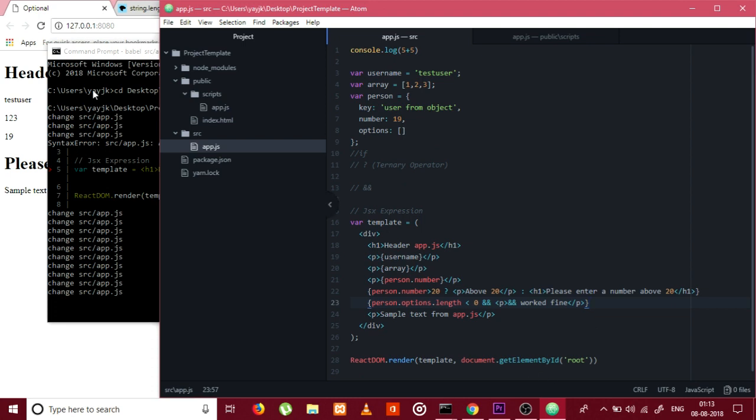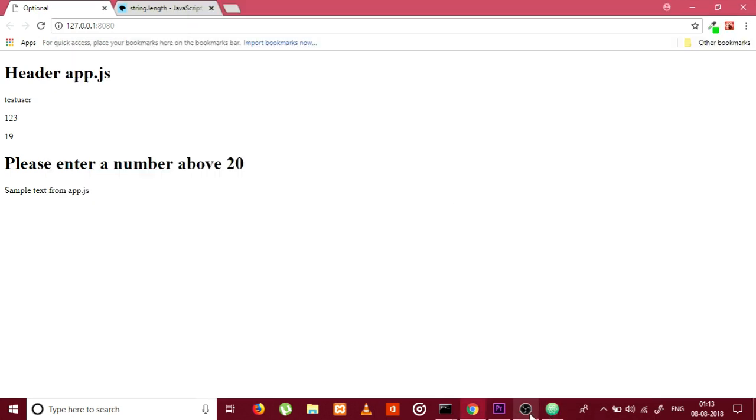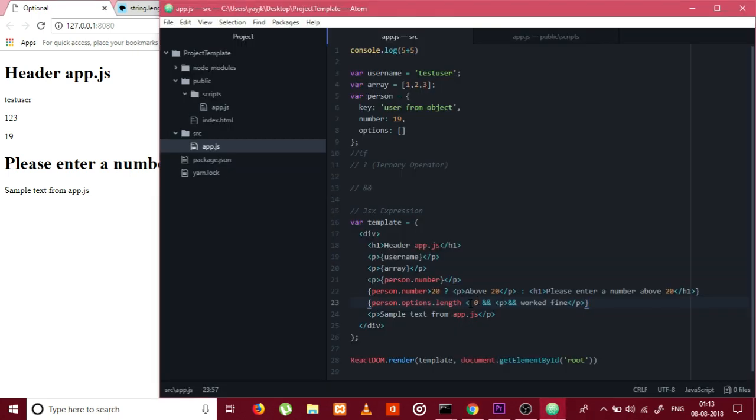I think I have to use the lesser than or equal to operator here. You can see it worked fine. If I add any element in here, then you can see that it is not displayed. That's why you use the double ampersand operator. Okay, so the next thing